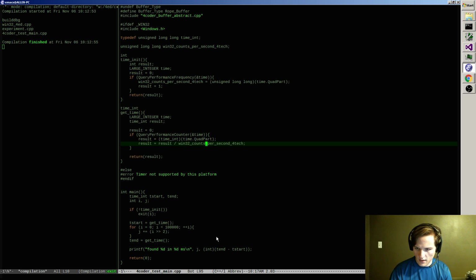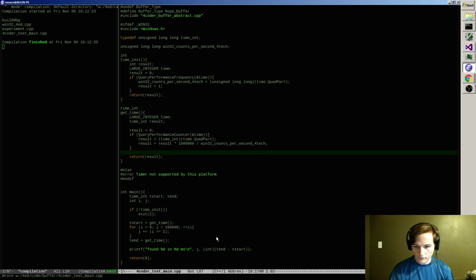Result right here is how many counts. If I divide by counts per second, I would get how many seconds I have, but I don't really care about seconds. So what I want to do is also take that number and multiply by 1 million, so I can get microseconds.